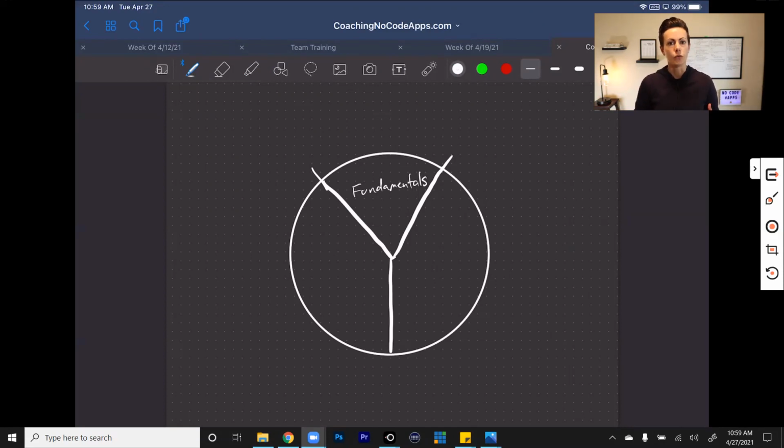This applies to your app development skills from a tool standpoint. It also applies to your strategic app development skills. What's the process you're using to actually develop and test and launch your application, right?